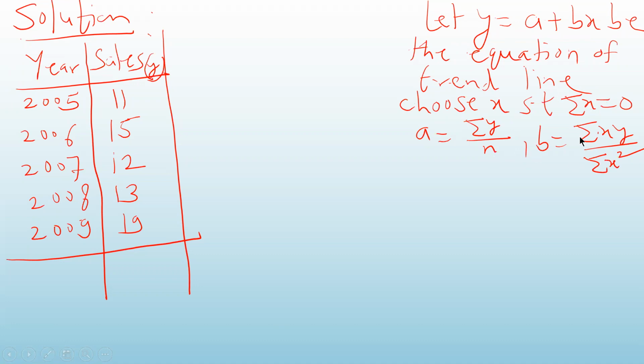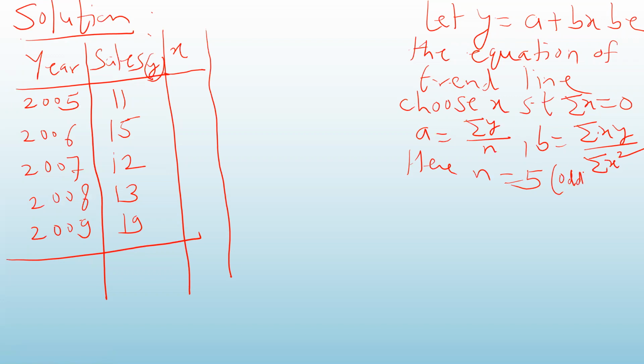Now what we are going to do here, all of you please concentrate. The time I'm going to convert into X. How are we going to do that? So first of all, find out the value of N here. In this problem, what is the value of N? How many years are given to you? 1, 2, 3, 4, and 5. Here N is equal to 5. And what is 5? It's an odd number.